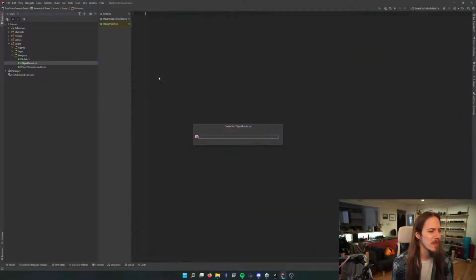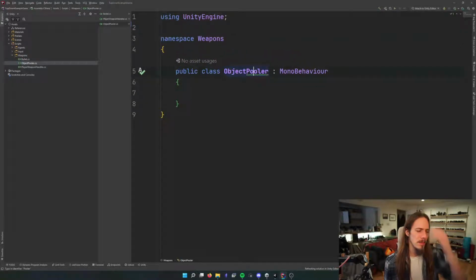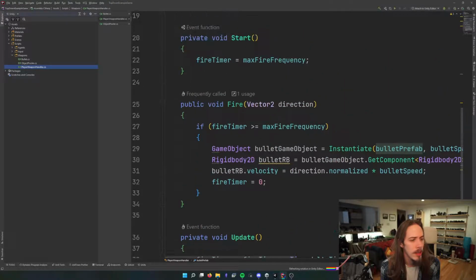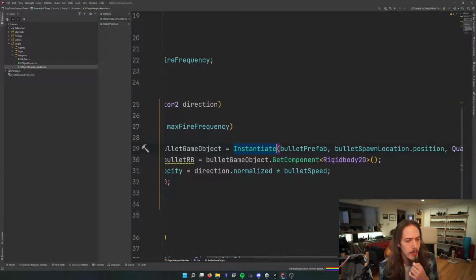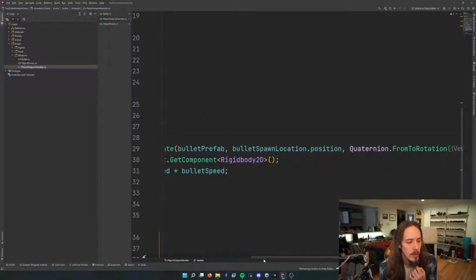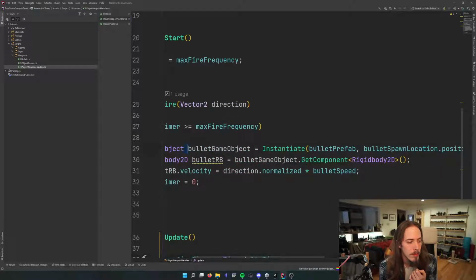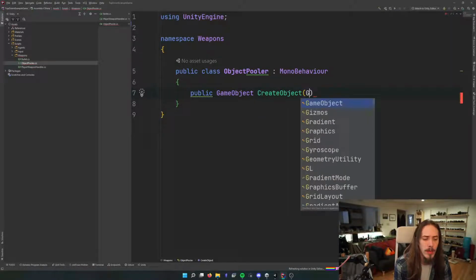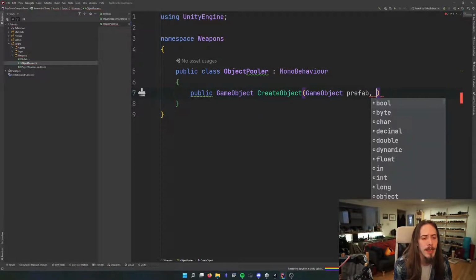object pooler. I guess we'll call it that. And what does an object pooler need? Well, we're going to be replacing the player's instantiate function. And this instantiate function takes a prefab, takes a location, and it creates an object. And it returns it to the player. So we're going to create a function that can do that. It can return a game object. Create object given a prefab and given a